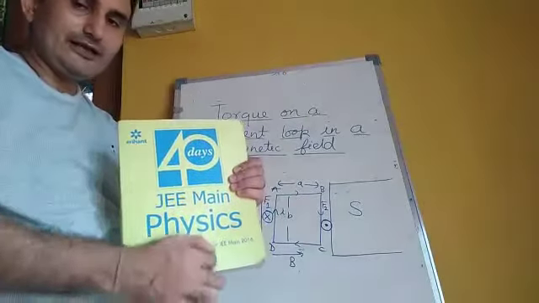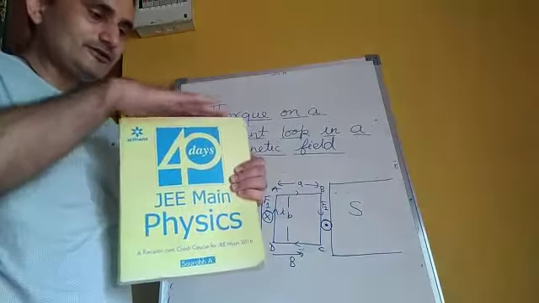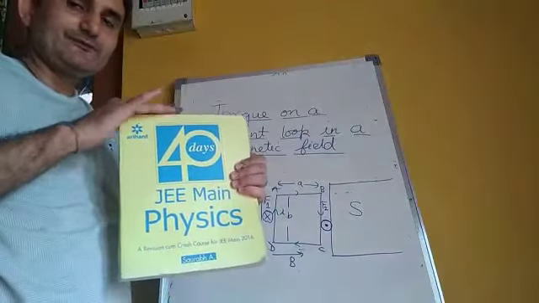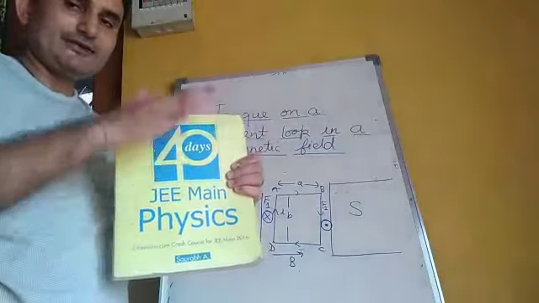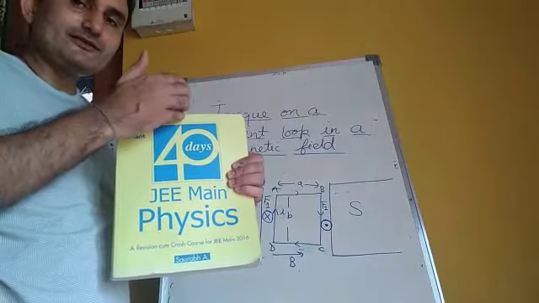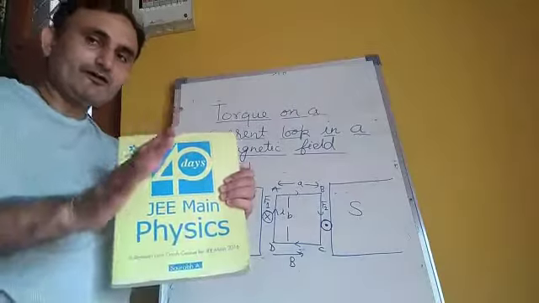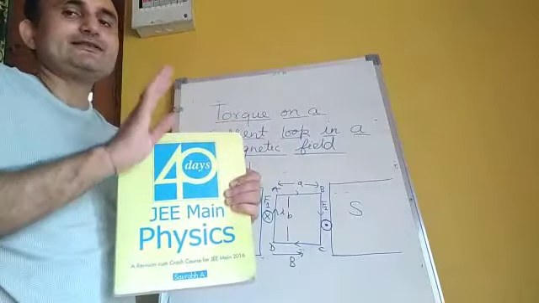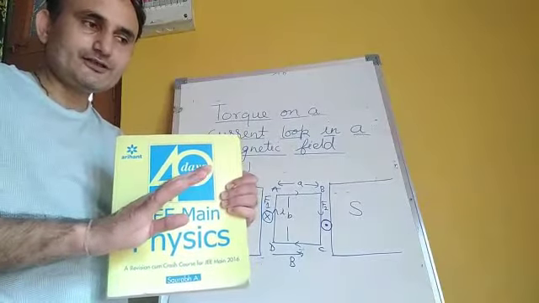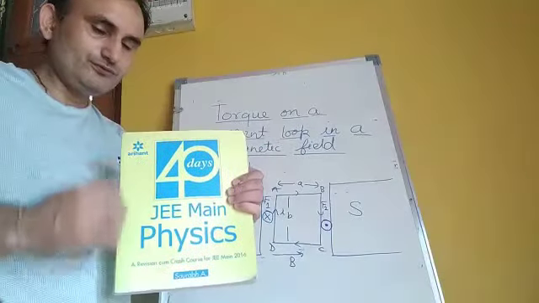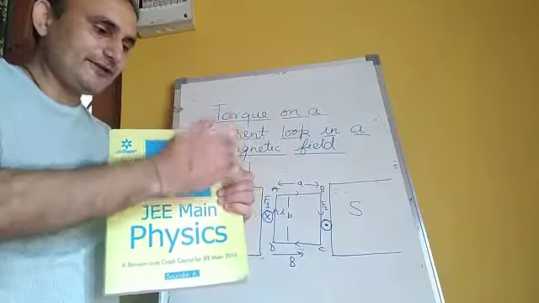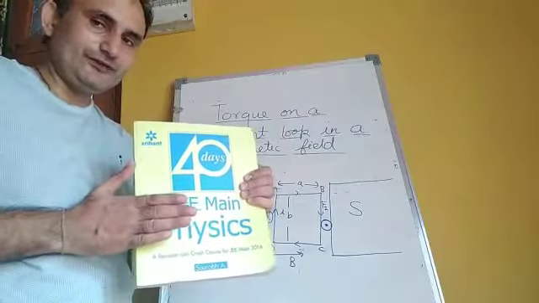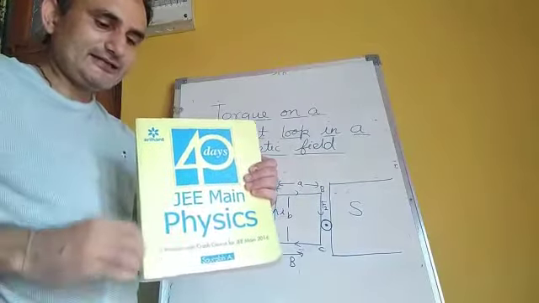Now because these two sides are identical, they have the same length and the same current, and also the field is same at this point and at this point, the forces will also be same, only that they will act opposite to one another. Hence they will cancel each other. Now let's move on to these two sides. The same situation, we are having some tilt of the coil from the magnetic field.